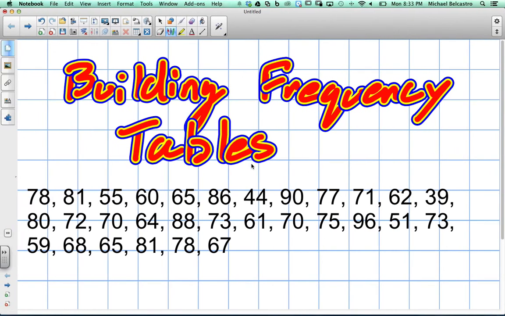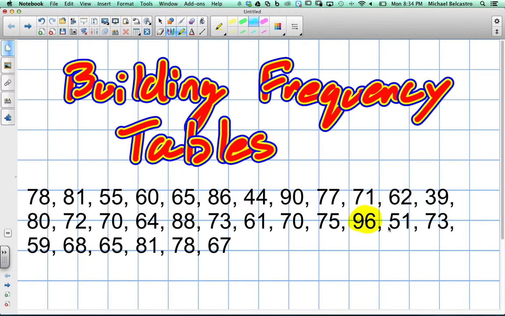So we have a whole bunch of data. The first thing we want to do, so we can figure things out to be relatively equal, is we want to find the highest and lowest number. So let's quickly look through this and see if we can highlight our highest and lowest numbers. 81, 90, I'm going to look at the highest to start, 96. Anything higher than 96, you see? No. Okay, so that looks like our highest, and our lowest, 55, 44,